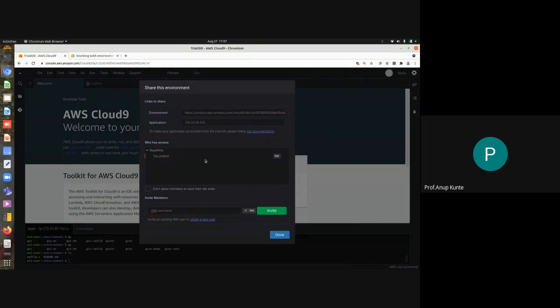Or if I have a user who is part of my company and I have created his account under my root user account, then I can invite him directly with his username. I don't have one currently, but I can set up different users under my root user account and ask them to join. There is also a facility for creation of a new user through this IDE as well. Okay, somebody wants to say something?